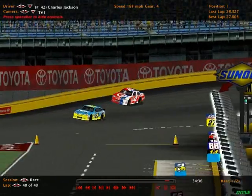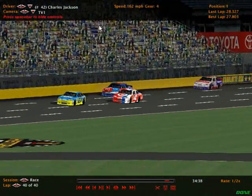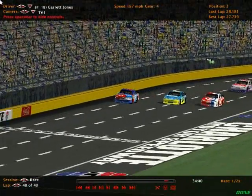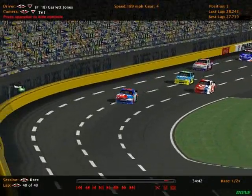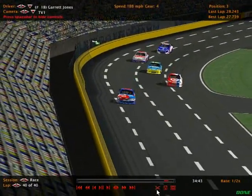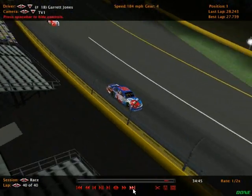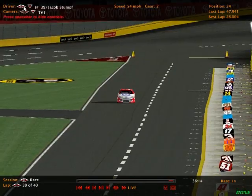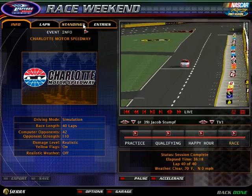Coming out of turn number 4, Brandon Bain. Look at Charles trying to get around him. He hits the wall. Sean is in the wall. And look at Garrett Jones power around them and win this race. I'm speechless. I am just speechless. Crazy, crazy, crazy. Jacob Stump, the only car still on this racetrack, but let's get you their finishing order for